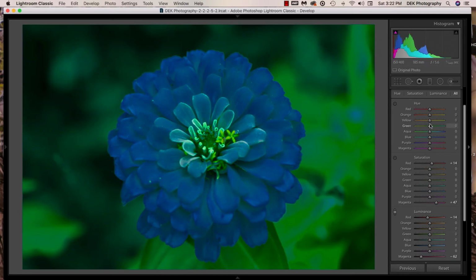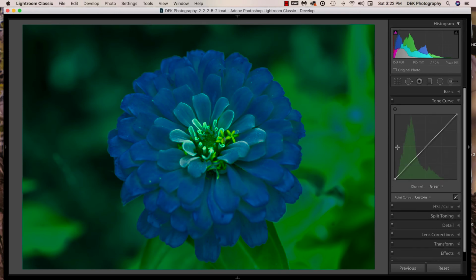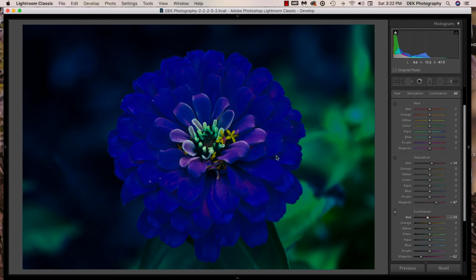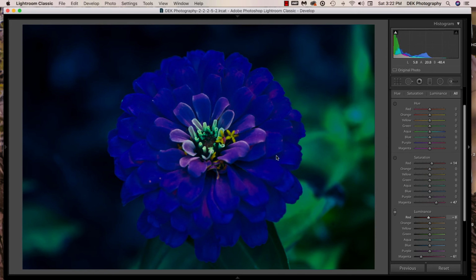If I were to then go back to the tone curve panel and this time select the green channel and do the same thing, remove the green from the flower, you can see I'm getting a much darker blue flower. And if I go back to the HSL panel, I could even make it darker by taking the luminance slider down, or I could take the luminance slider up and brighten the blue flower a little bit. But you notice when I'm doing this, I'm also darkening the background, and that's not always what we want to do. So there is another way that we can change the colors in the flower without having any effect on